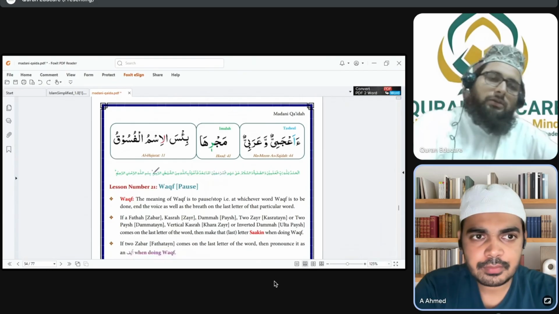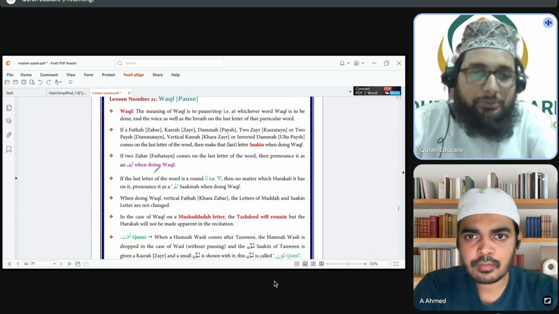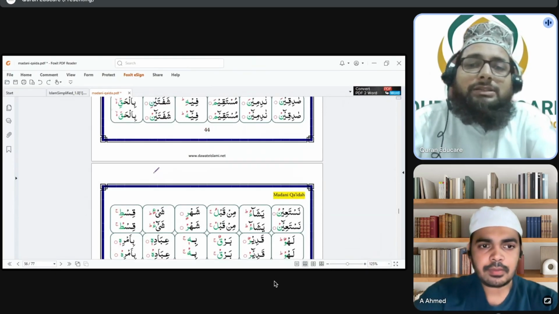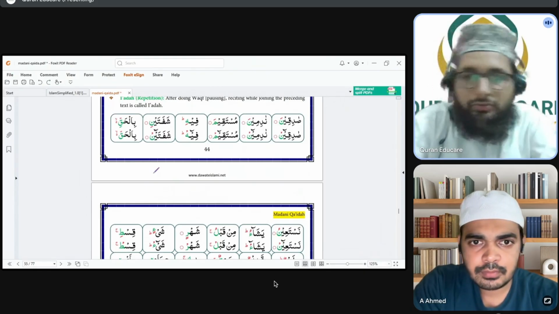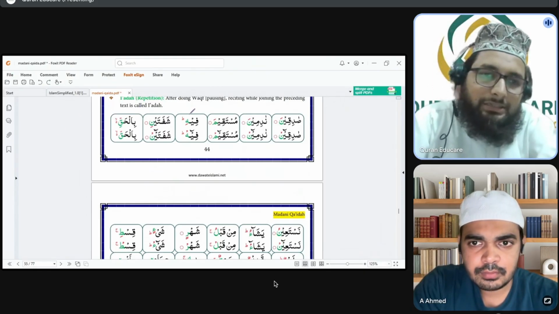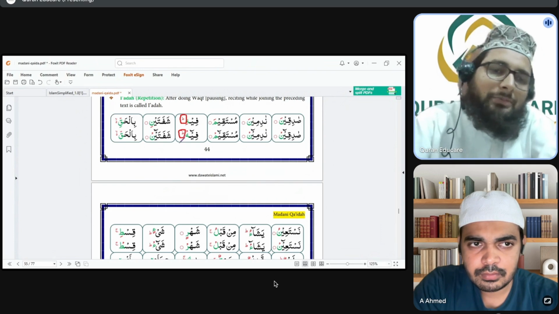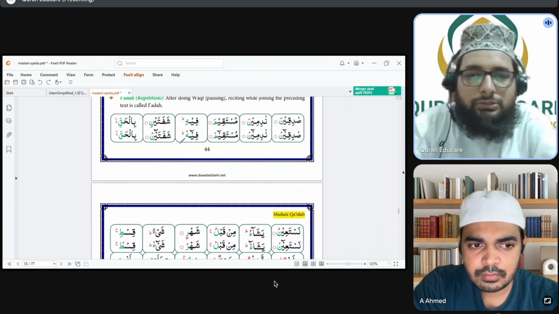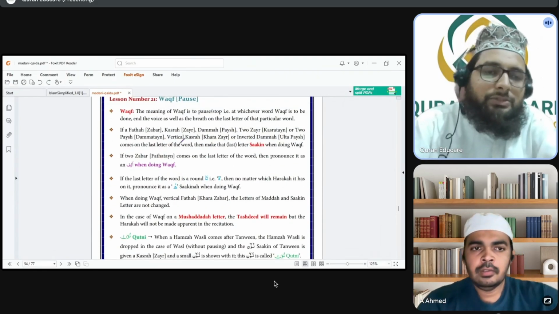Okay, lesson number 21. Lesson number 21 is very important. Sometimes the reciter gets confused about where we should stop and where we should not stop. There are different signs up there. Before learning about the signs where we should stop and where we should not stop, let's understand the general information.